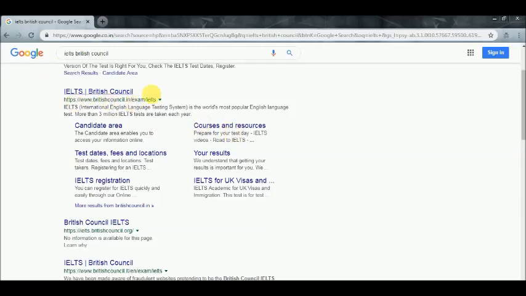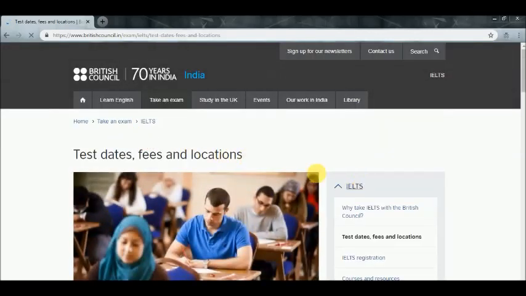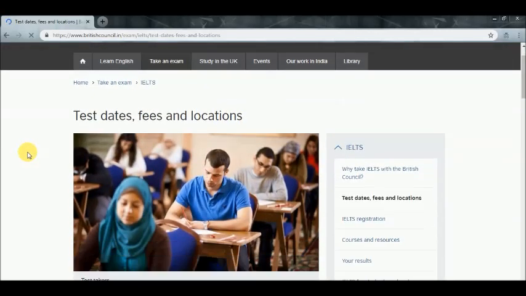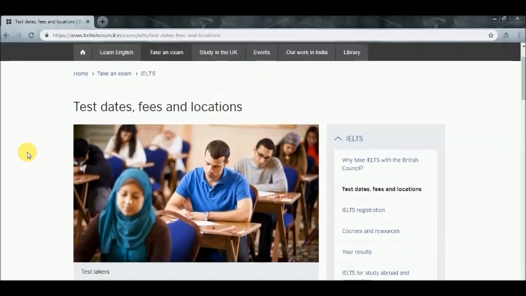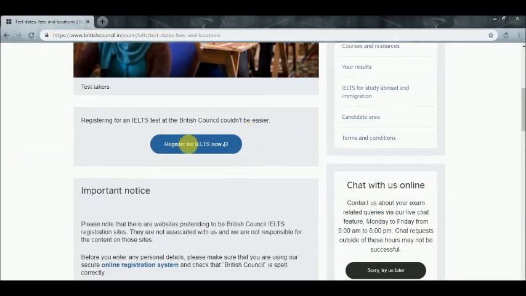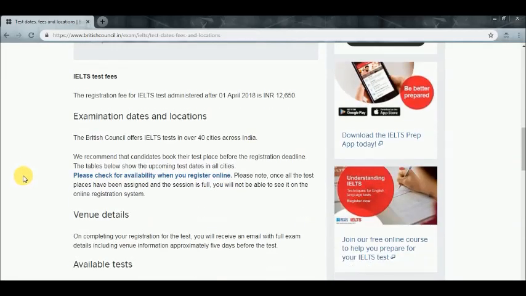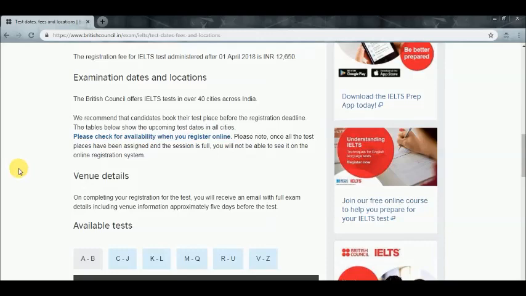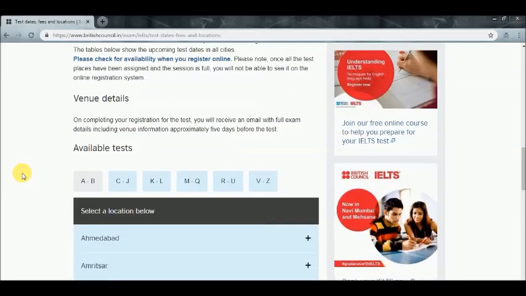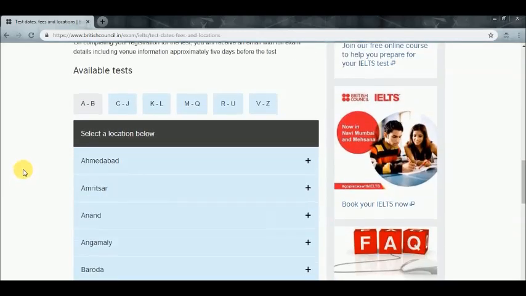Here let us directly jump into test dates, fees and location. Before registering, let us know which dates are available and what the exact fees are. So this is the page that would pop up, and here you can see a button directly to register. Just before registering, we'll have a look at the centers and the fees related to IELTS. So here are the test centers